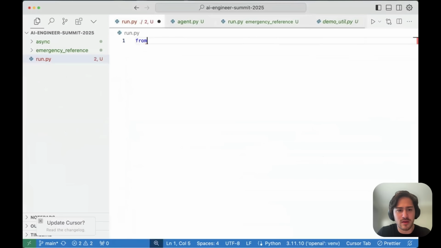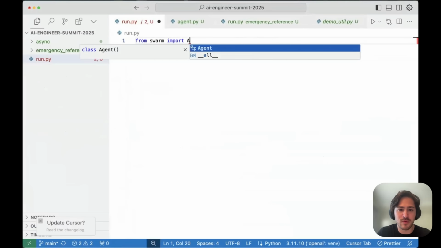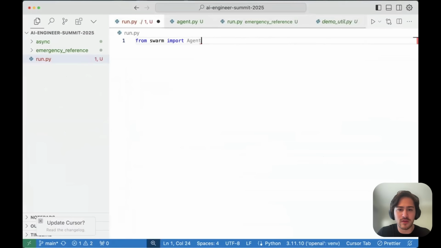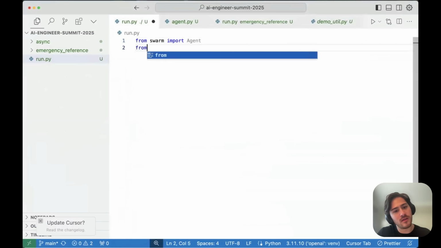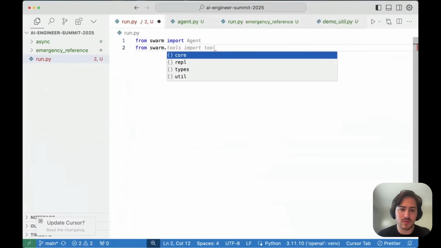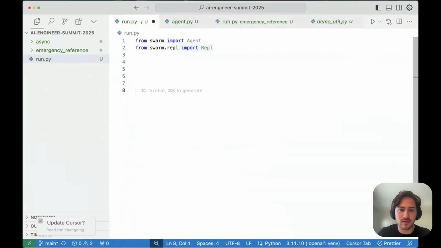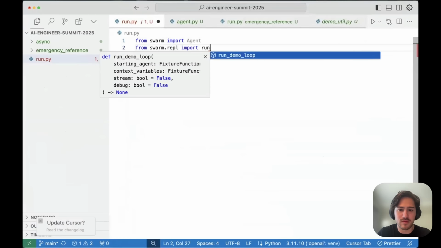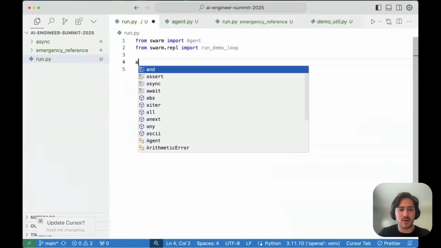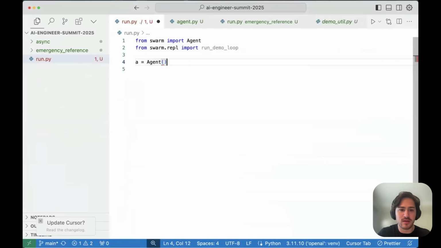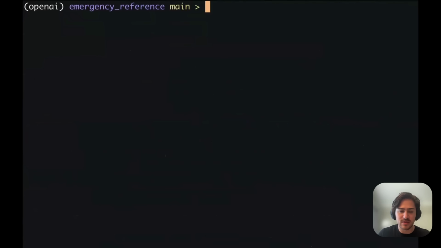So Swarm imports agents, and now we can do a simple agent and run a demo loop, and let's see this work.